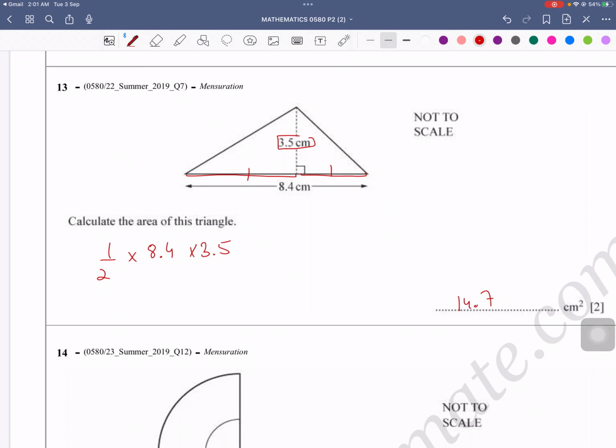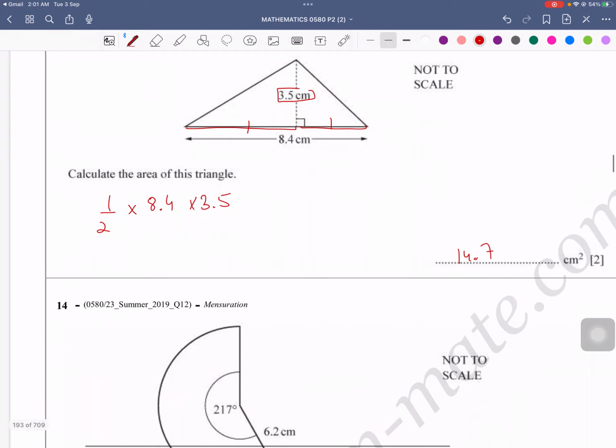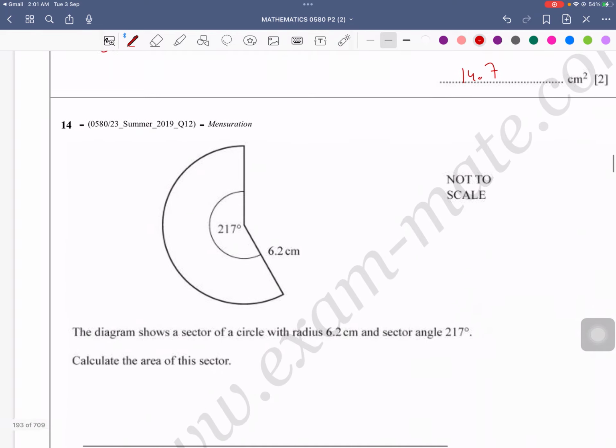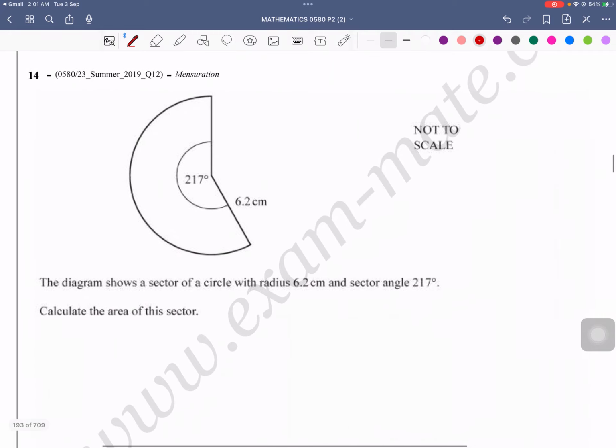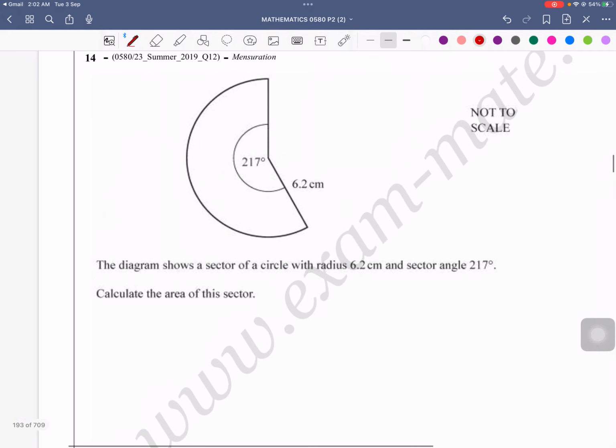I hope everything is clear and crisp until now. Let's go on to question number 14, right? So for question number 14, they want us to find